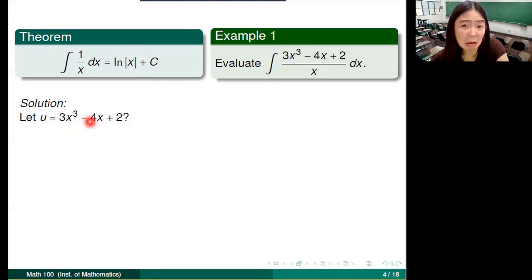Okay, so try lang. Baka mag-work. Try natin. Pag u natin yung numerator, ano ang ating du? Again, from the formula sa last slide, siya ay 9x squared minus 4. And of course, don't forget the dx,